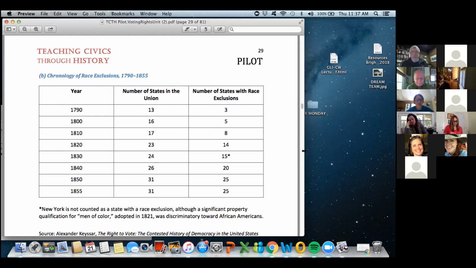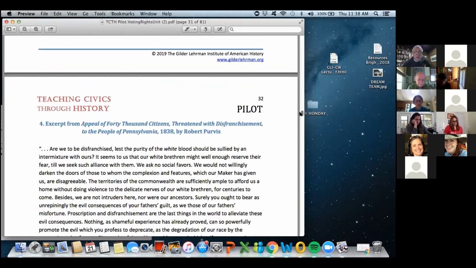And just to take us through the rest of this unit: the focus historically in the first two parts is that the first chunk takes us down to the Civil War and Reconstruction period, and the second lesson takes us into the 20th century. So just so you know what you have at your disposal, the essential questions continue to be asked, but addressed at different historical moments in time.